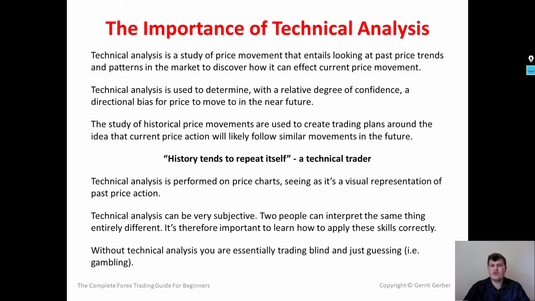Now, without technical analysis, you are essentially trading blind and just guessing, i.e. gambling. Without performing the required analysis, without doing the work, you are basically guessing with a 50% chance of being accurate where the price will go higher or lower in the near future, and that's not what forex trading